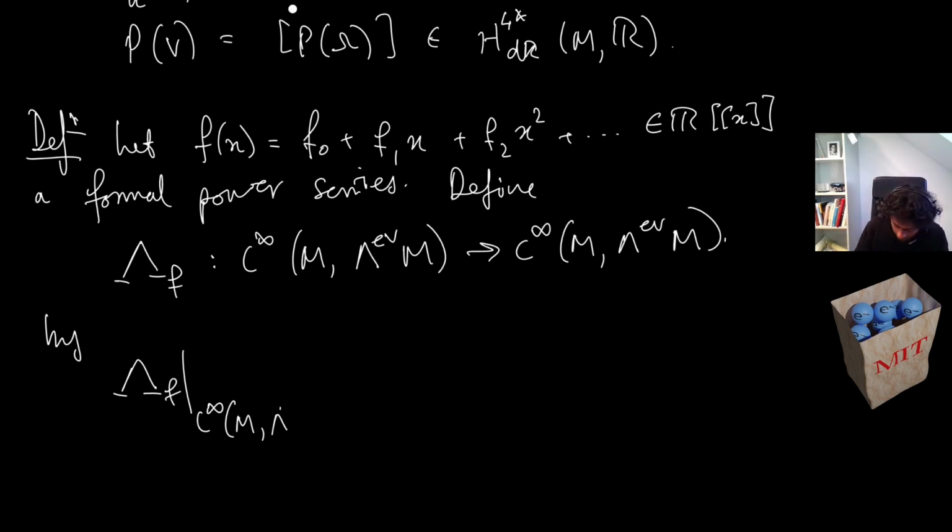I have to really check the numerology here. So it should be the 2k forms over M is going to be something like minus 1 to the k plus 1k